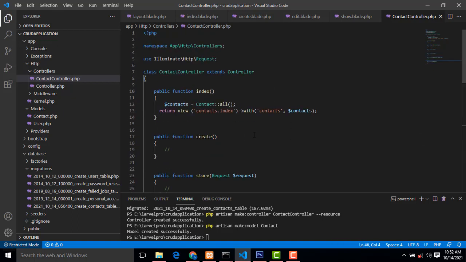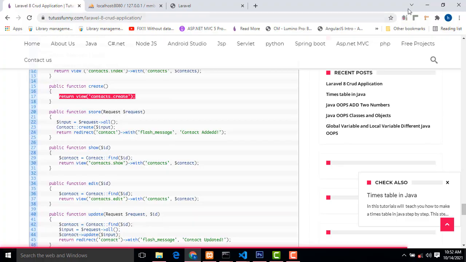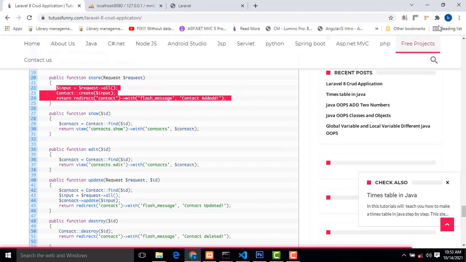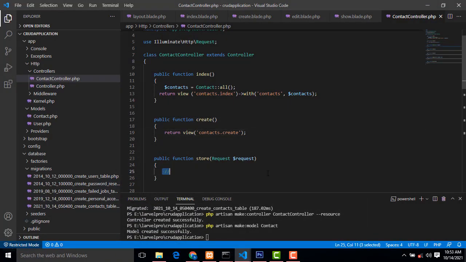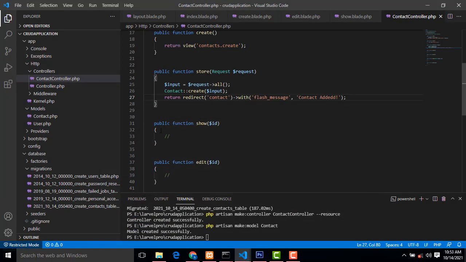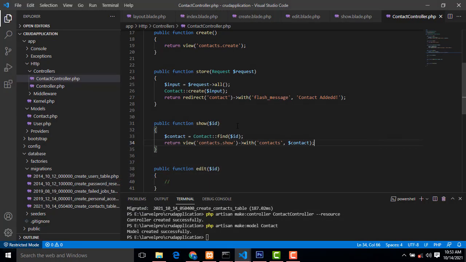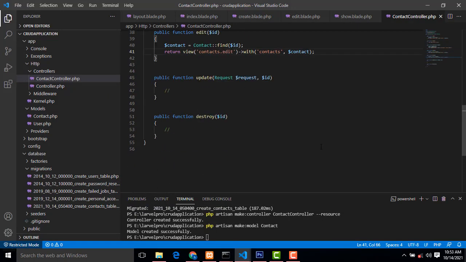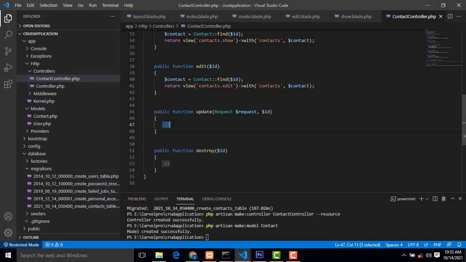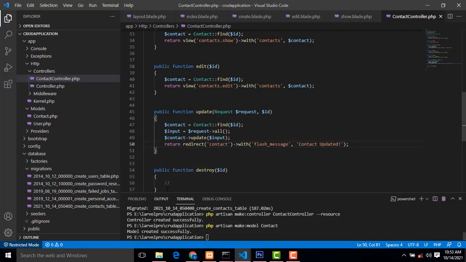Now we have to create also. I will explain it. Don't worry about that. Store. If I write and explain everything, it takes too much time to complete the project. It is so boring for you all. So I just copy and paste these lines. This is easy, very simple. I have already given the code and everything. You just have to copy, paste and run the code, instead of writing. It will run and give the output as it is.